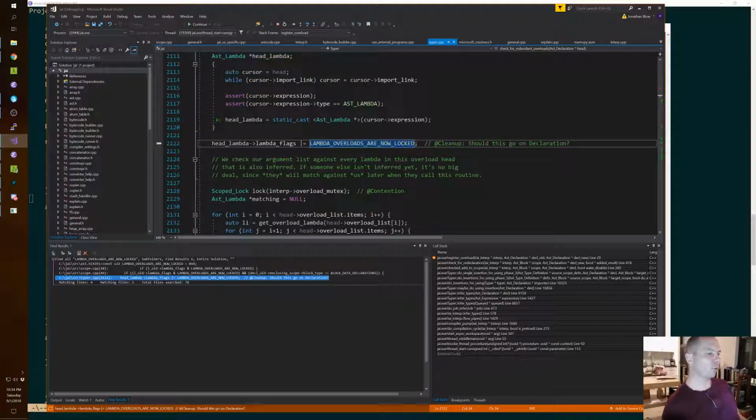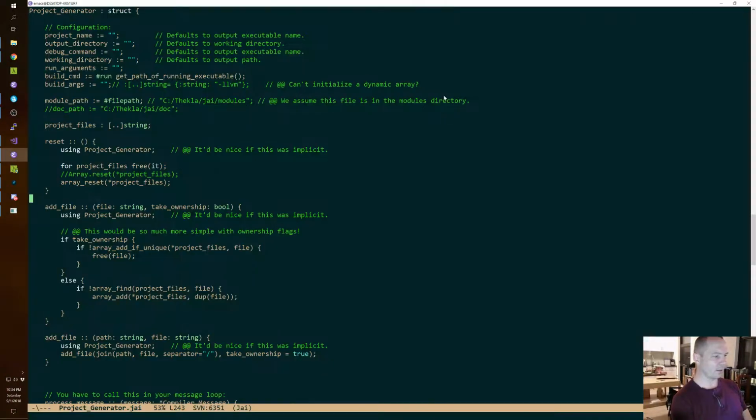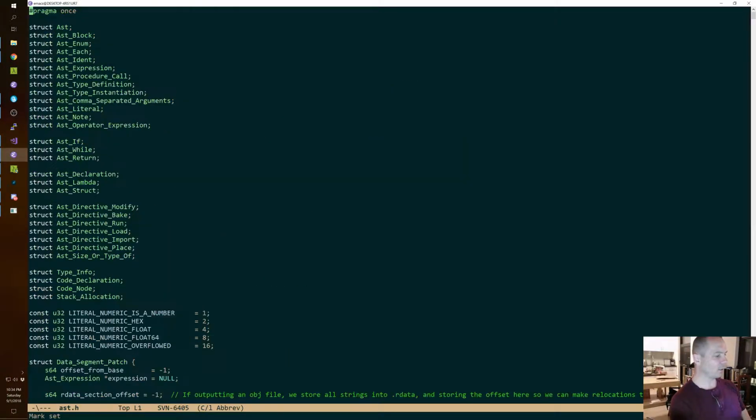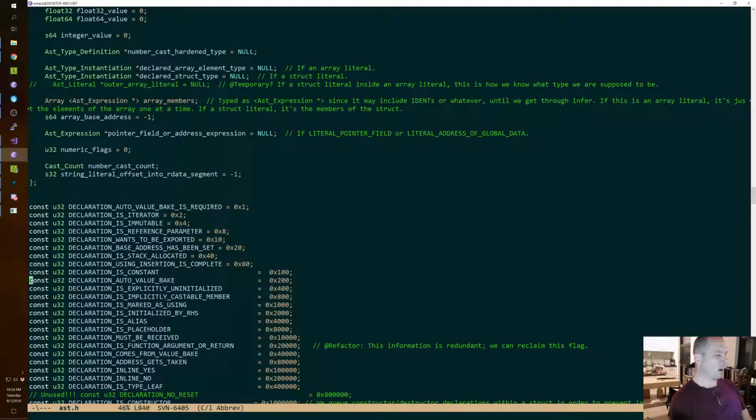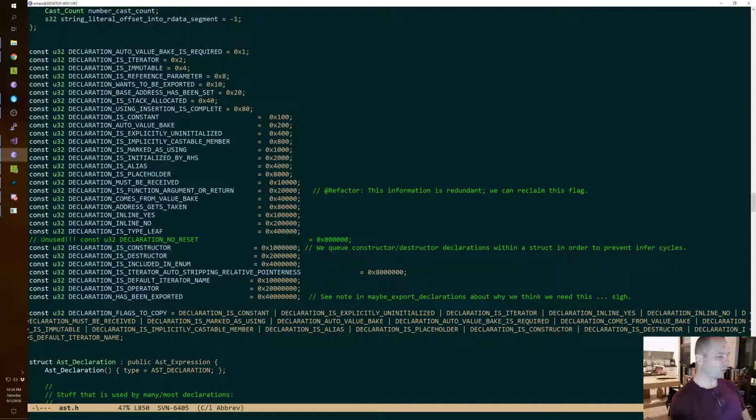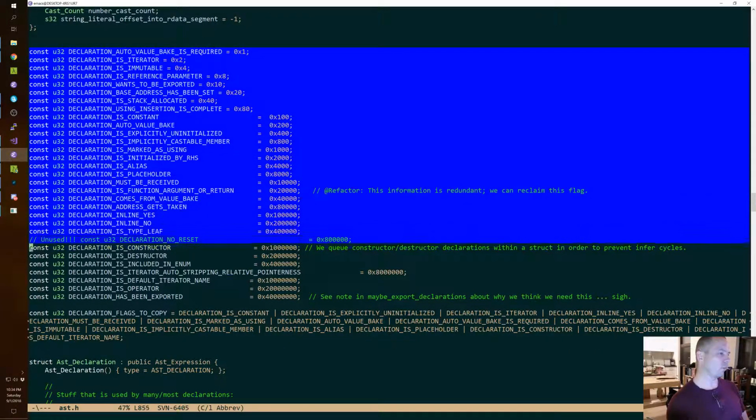I might have postponed it because I think we might be out of declaration flags. I suspect we might be. Oh my God, look at all these declarations. Oh, we have at least one. Oh, that's living on the edge. Oh, two. We're going to have to go to 64-bit declaration flags.